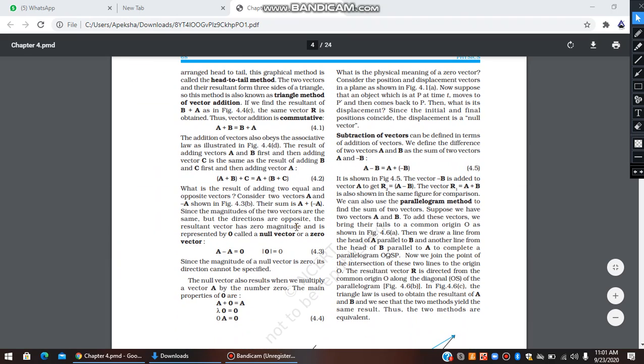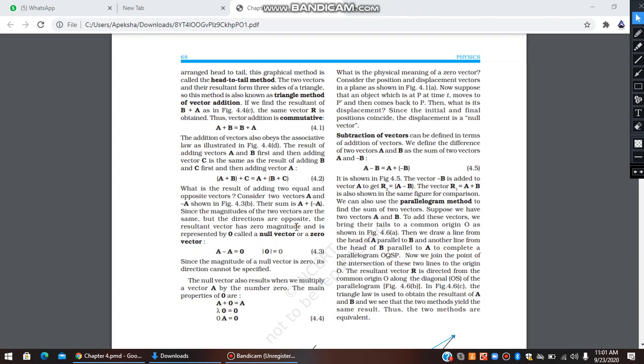Now we have told something about a null vector. So null vector is basically a zero vector. Now if we think about it from a layman point of view, we can say that a zero vector cannot exist, correct? Because if there is no magnitude, then it is not present. So how can we say there is a zero vector?